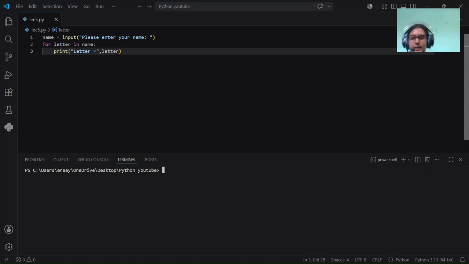This thing will basically go through each character of our name one by one, right? Again and again. And as I told you, the letter is just the variable name. It stores one character at a time. And print, you know what print does, and this is our variable here. If we run it,